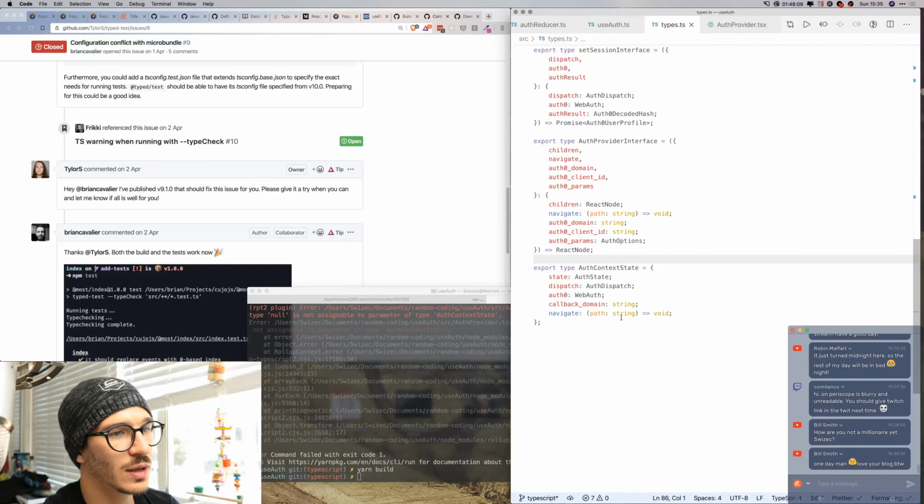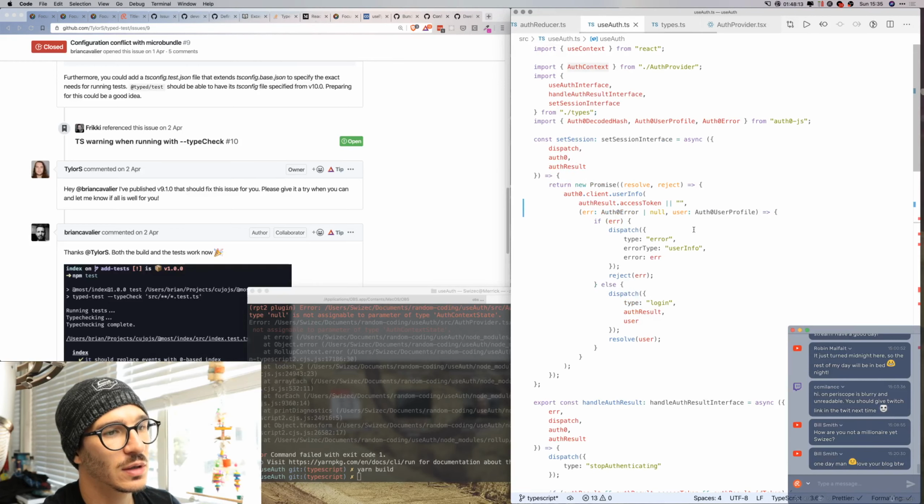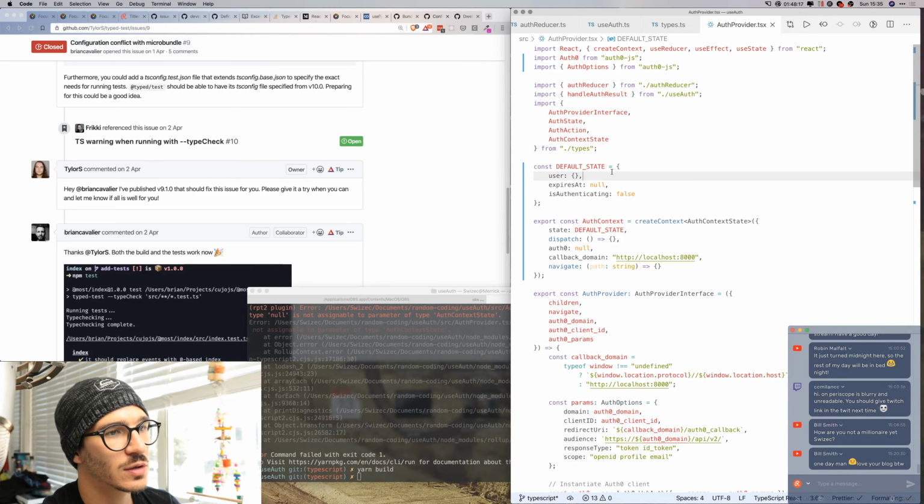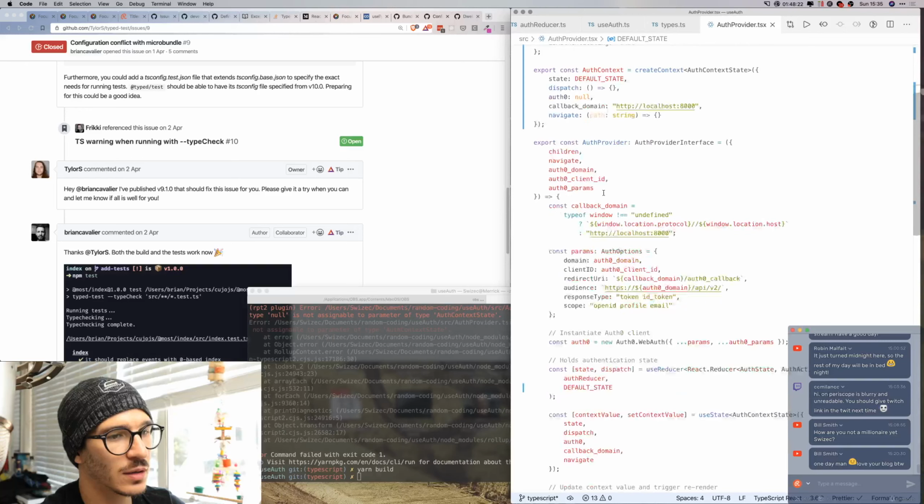We go into types and auth context state is web auth or null. And then where is that going to produce errors? So we have auth0 is blah. And then